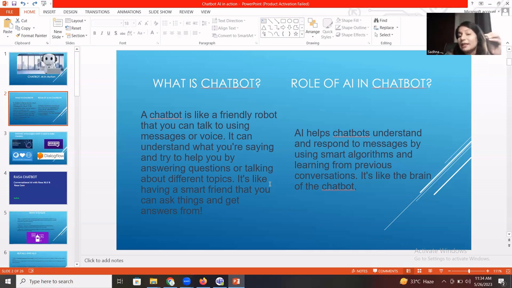They create the computer-based program in which it understands the text and decides what the response should be when that text comes in. A chatbot is simply like a human brain, because you have replaced that customer care executive.